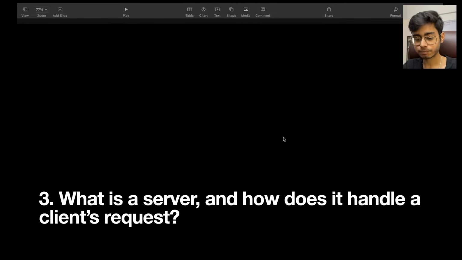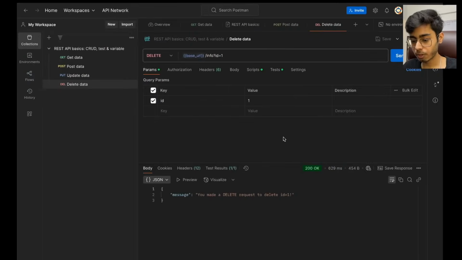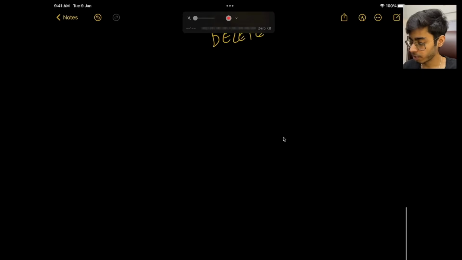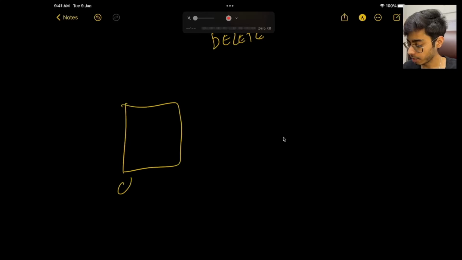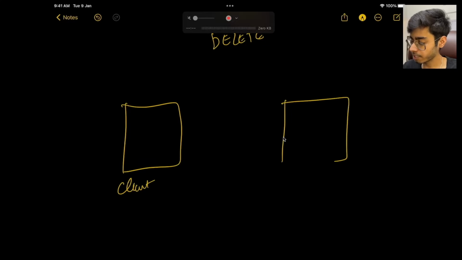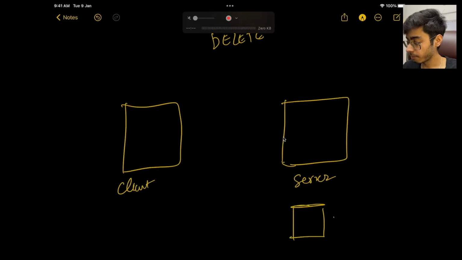Okay, great. What is a server and how does it handle a client request? We already saw that your server is actually someone else's computer, and client is your device or your interface which the user can interact with. Client will make an HTTP request to the server, and the server will send a response back. So if you want to see this one more time, you have a client, right? And the client will make the correct HTTP method request to your server. Server is connected to your database and some more things also like Redis or a cache DB. We will come to that.